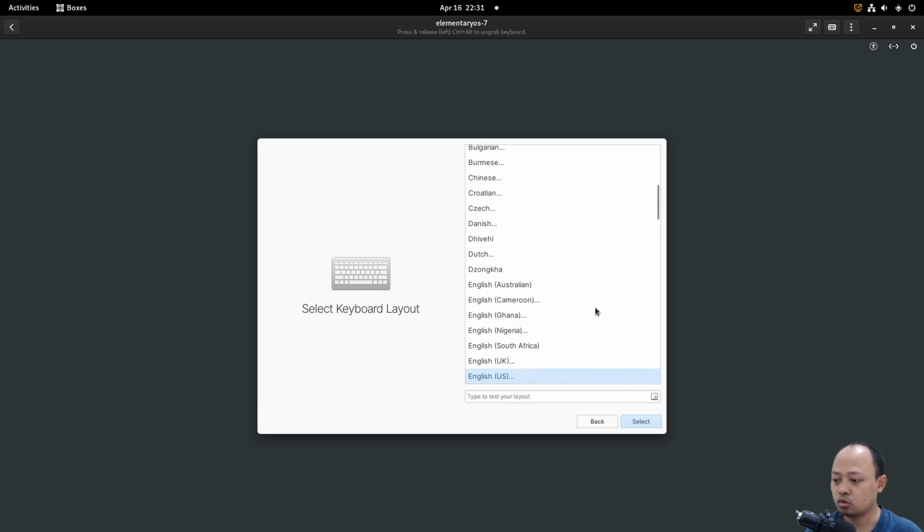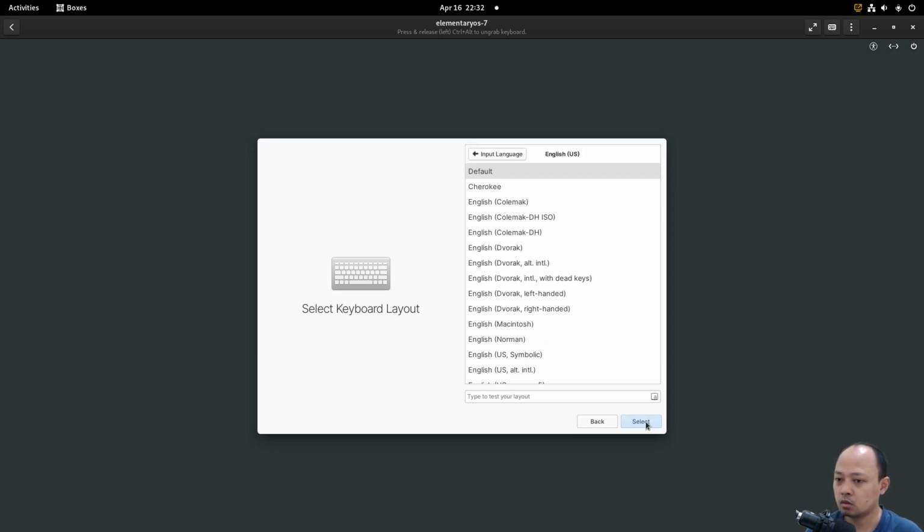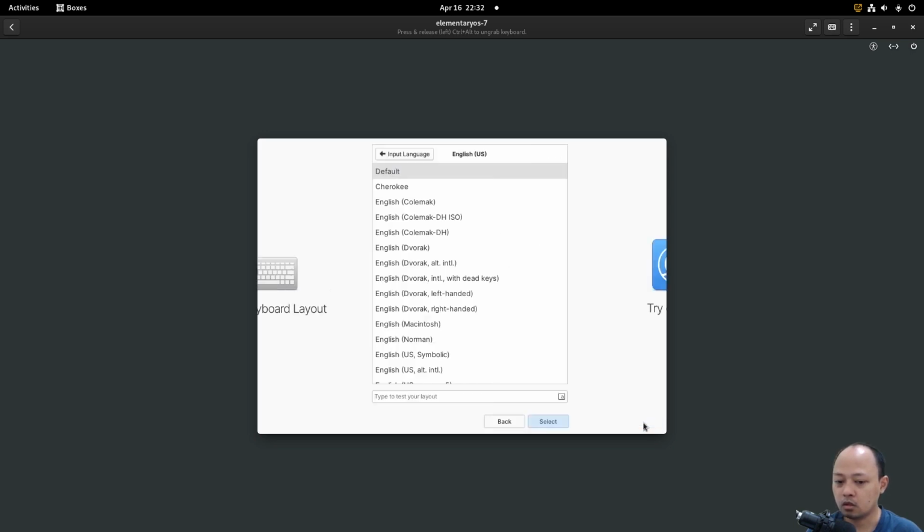Then we need to choose our keyboard layout. I will choose English US. Still in the keyboard layout selection, I will choose default. Then click select again in the bottom right.